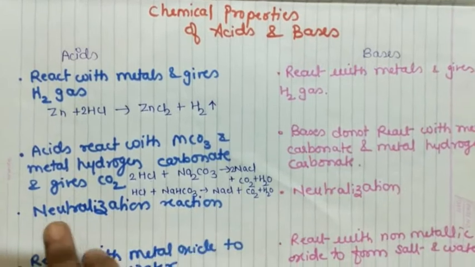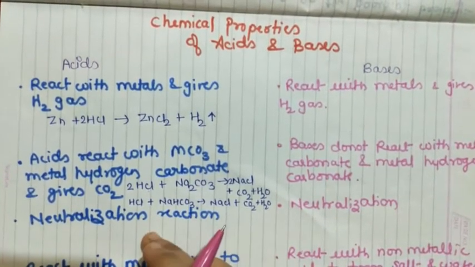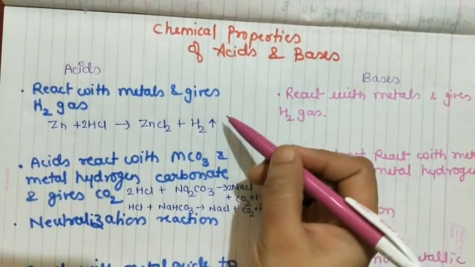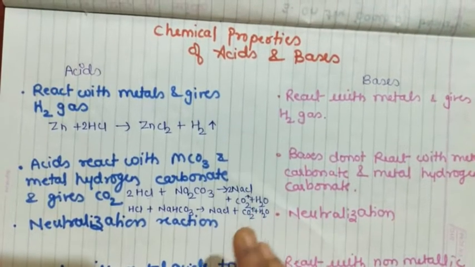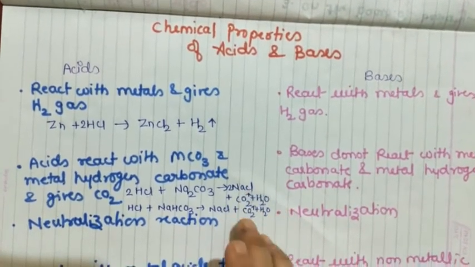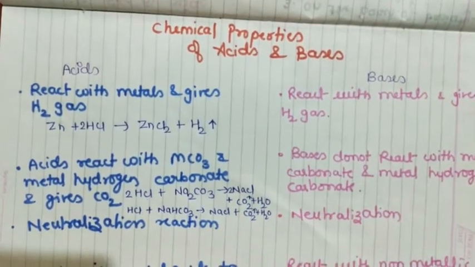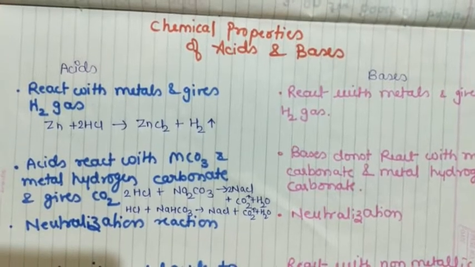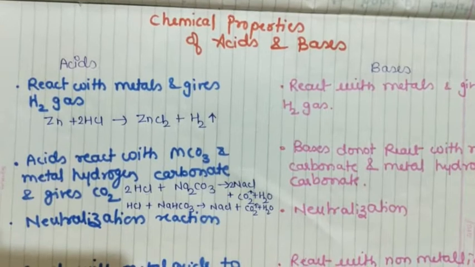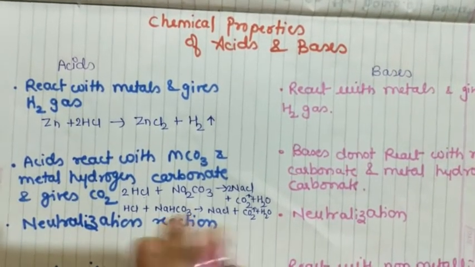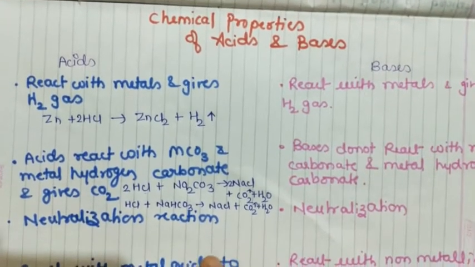If we talk about the neutralization reaction, before going to this, one question arises, just like your H2 gas: how do you know which gas is forming? We can check this CO2 gas by putting it in lime water. You can see the lime water will turn milky, and this shows the presence of CO2 gas. How? By the formation of calcium carbonate. I will explain it in the next video, the activity.